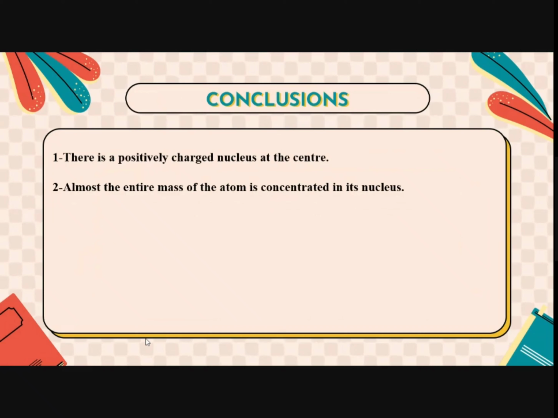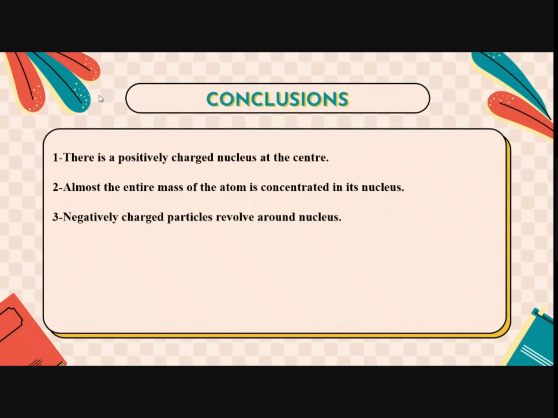So he assumed that the nucleus is a very heavy body, and because of its heaviness, one alpha particle having a very small mass as compared to the bigger mass of the nucleus, some particles are getting bounced back. So that was his second conclusion. Now, he also assumed that the negatively charged particles revolve around the nucleus.